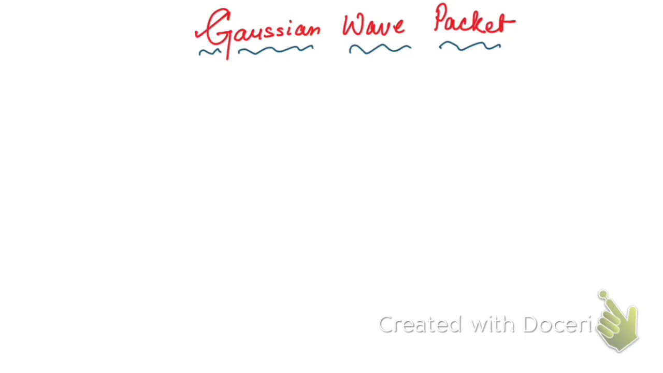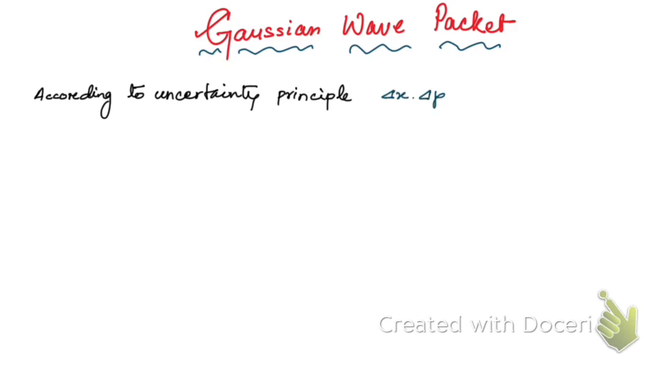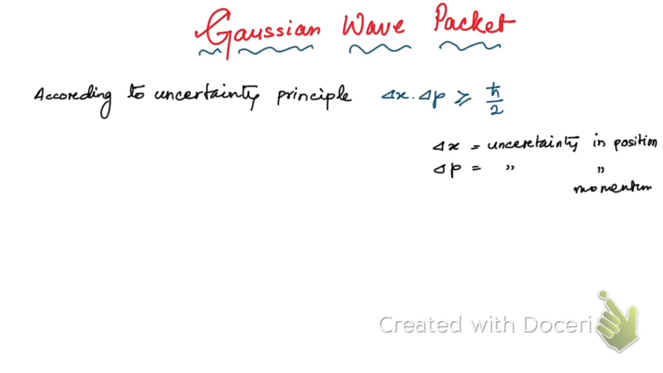Now you see, we know that according to the uncertainty principle, del x into del p, that means the product of uncertainty in position and momentum, is greater than or equal to h bar by 2, where del x is the uncertainty in position and del p is the uncertainty in momentum. So for a Gaussian wave packet,